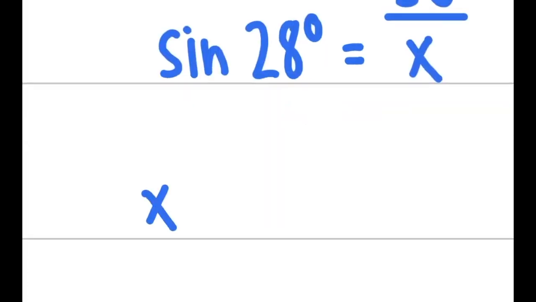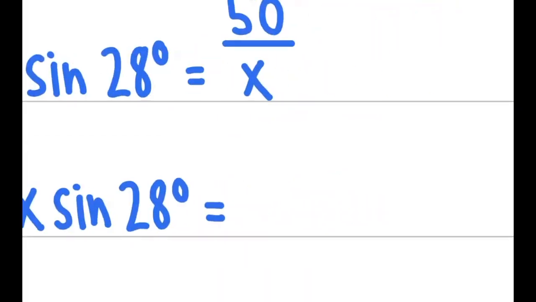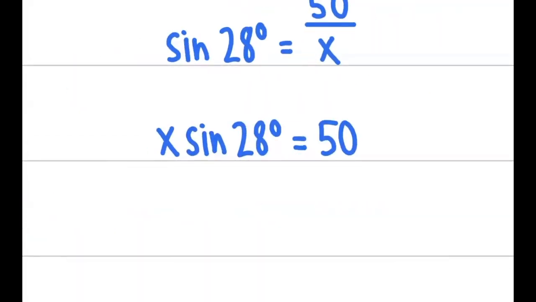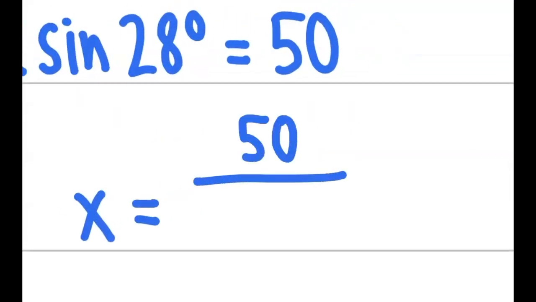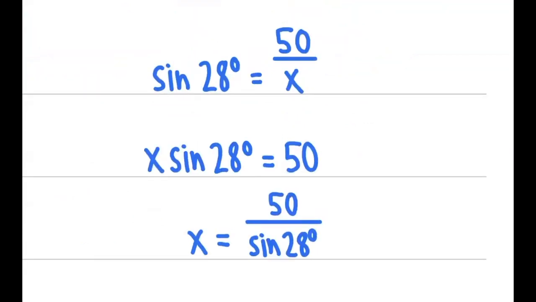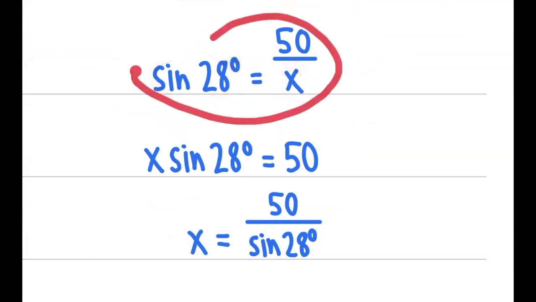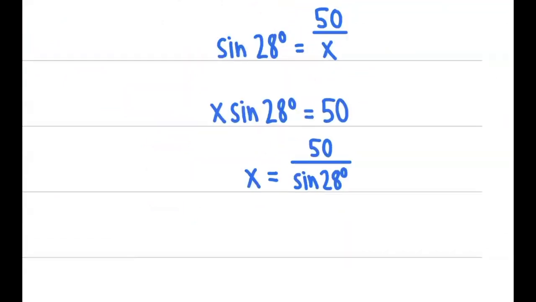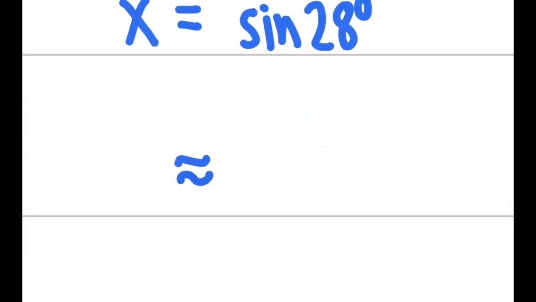So multiply both sides by x. So you get x sine of 28 degrees equals 50. And then divide by sine of 28 degrees. So x equals 50 over sine of 28 degrees. The shortcut is that you can just switch these two if you don't want to multiply by x and divide every single time, because this kind of situation happens a lot. So using your calculator, if you punch in 50 over sine of 28 degrees, and round to the nearest tenth, you're going to get